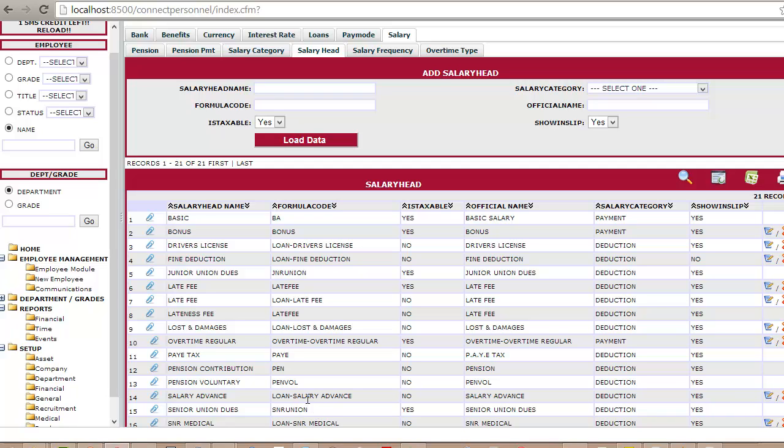So, for example, let's say you pay basic salary. Give it a formula code. Is it taxable? What is the official name, meaning, will it show on a slip, the payment slip? And is it a payment or a deduction? Bonuses, driver's license, we have different things. So let's just add one here. We can add a salary head called,